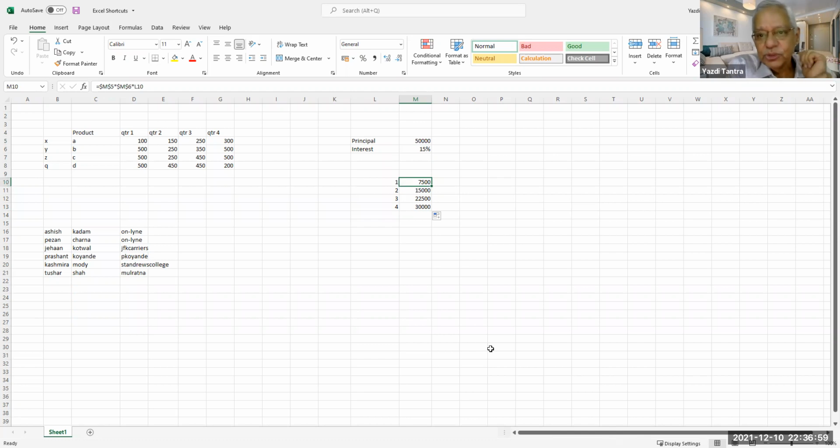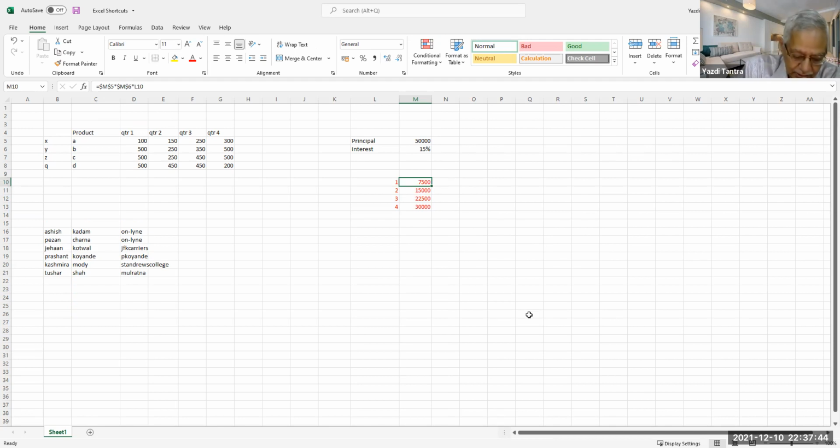This is one place where we use F4. The other place, as you said rightly, is to repeat an action. So now suppose I want to format these cells and make them red. And then I come here and I press F4. Sorry, I have to select the whole thing. I can make it F4 and use the same formatting. So F4 can be used to repeat the immediately previous action. But F4 is also used to make cells constant. This is very important.